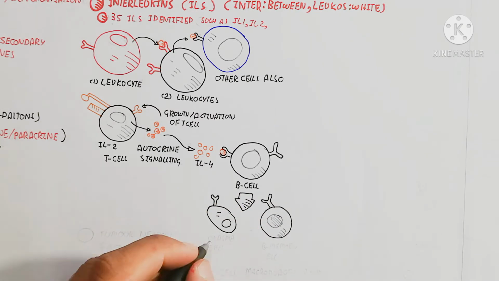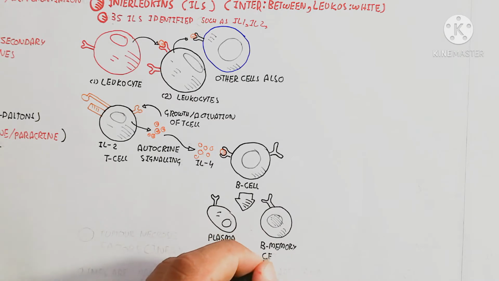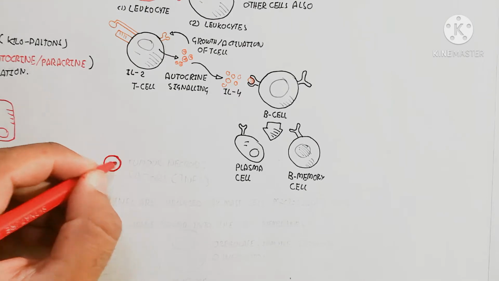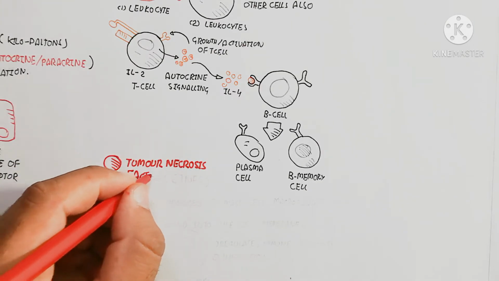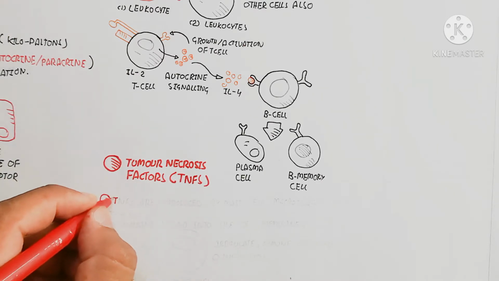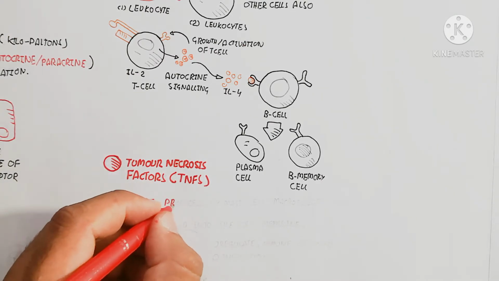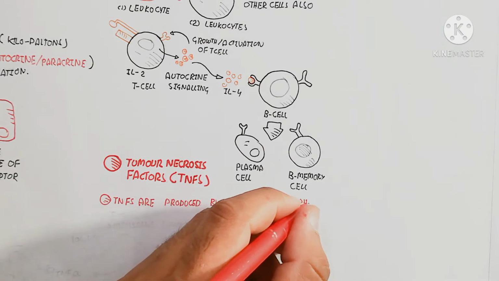So this plasma cell and B memory cell will be produced for the adaptive response of the immune system. So the second line of defense is used for it. The B memory cell is for future infection activation, while the plasma cell acts at the time when the infection occurs.